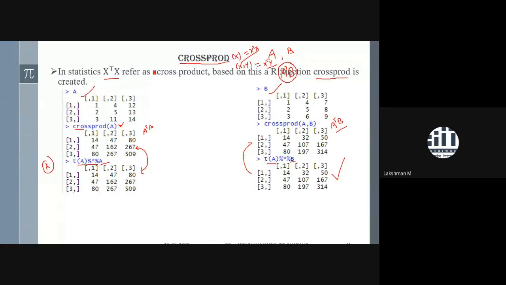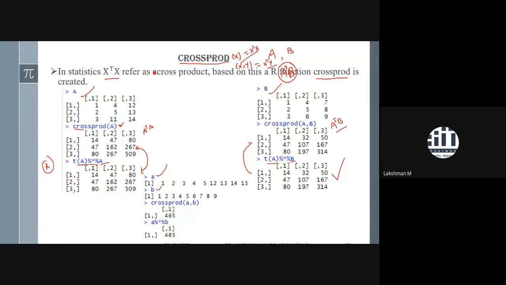So what is the meaning of this cross product? It is talking about A transpose B. Now if you take vector A and vector B, this cross product gives another way to find the inner product of two vectors. That is why I had mentioned that this cross product is not for vectors. If you apply the cross product over vectors, a vector happens to be a matrix as well. It would be an n by 1 matrix or a 1 by n matrix. If it is a column, it is n by 1, and if it is a row, it is 1 by n. It happens.